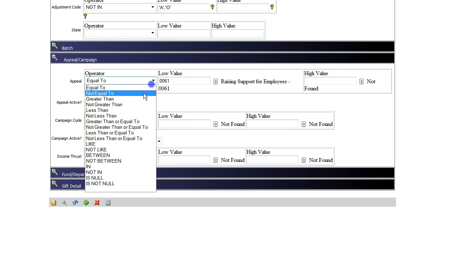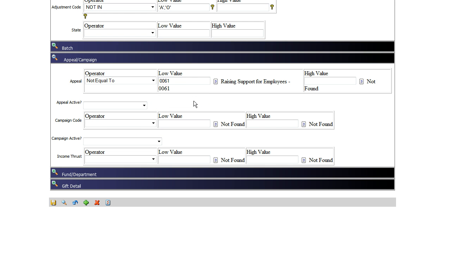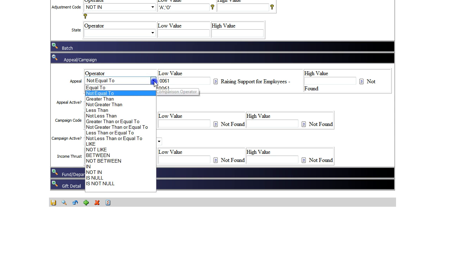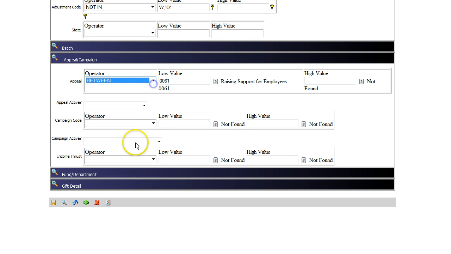We also have not equal to available, which excludes this set of gifts, so we're able to get all the other gifts that don't have that 0061 code. We've also got between. Between means we have to now put something in the high value field. In this case we have a code that starts with 0061. If we put in a code, let's say 0069, we're going to get all the gifts that have an appeal code between 0061 and 0069. So we're going to get 62, 63, 64, 65, and so on